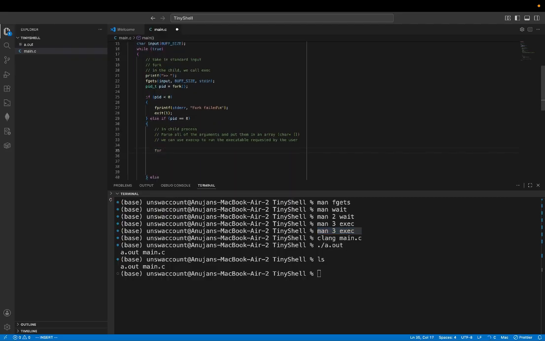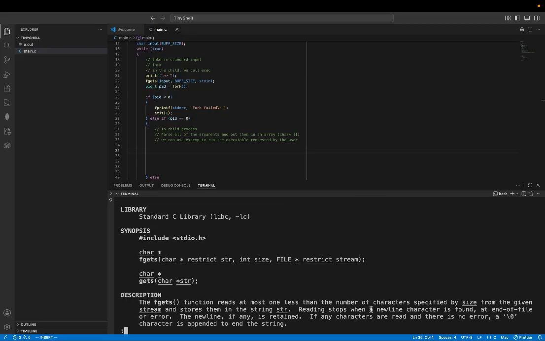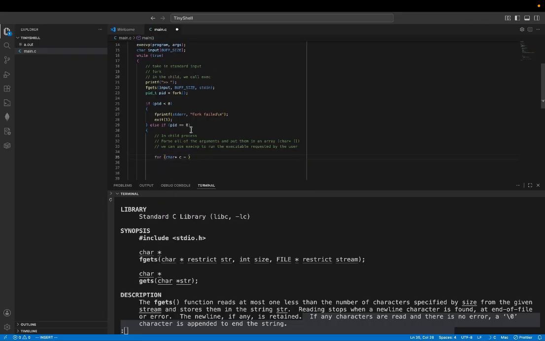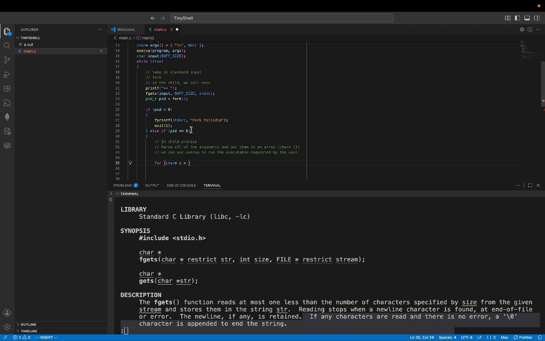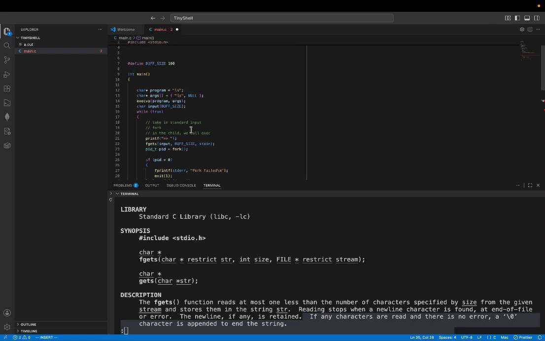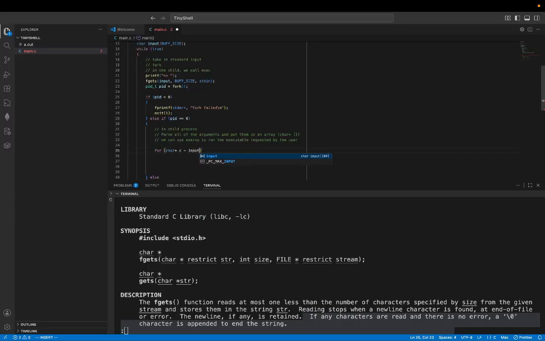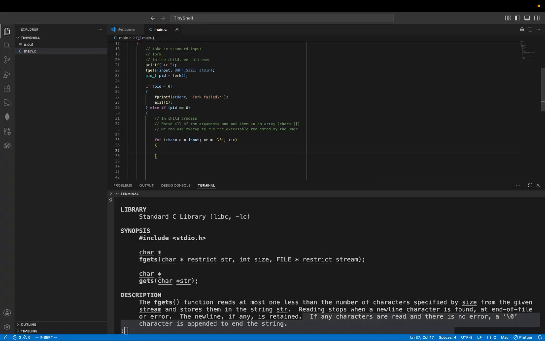So if I say for, does fgets put a null terminator on the end? I think it does, right? It has to, surely. Yeah, okay, good. For char star c is equal to the buffer. What do I call it? Buffer? Or just buff? Input. While the character itself is not the null terminator, and we increment the pointer. So for each character,